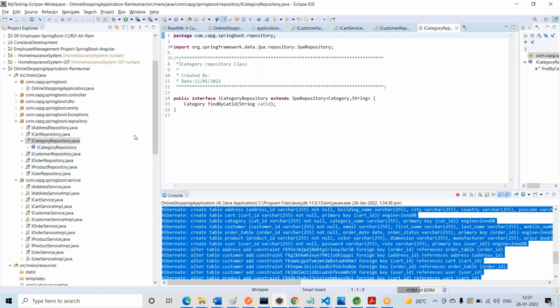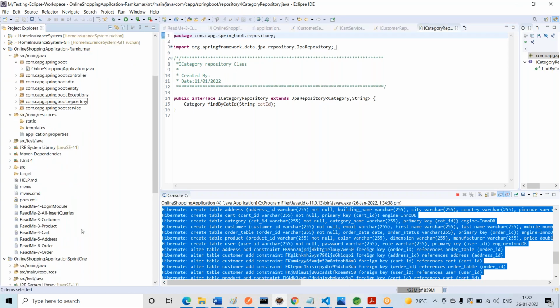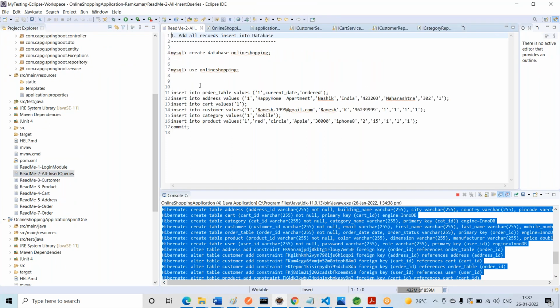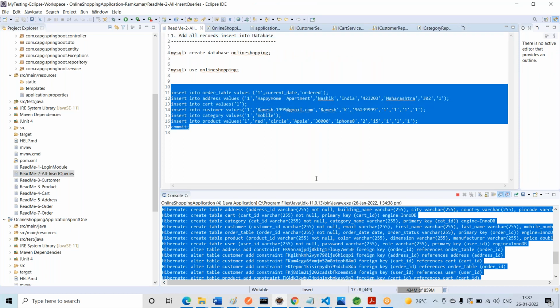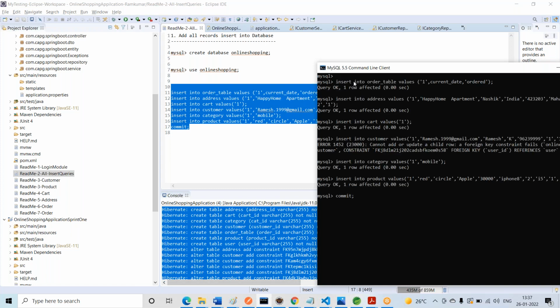Now go to the second step: copy all the insert queries and paste them into MySQL, including the commit.